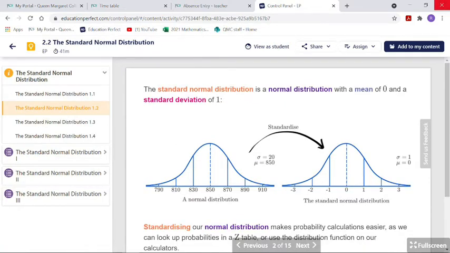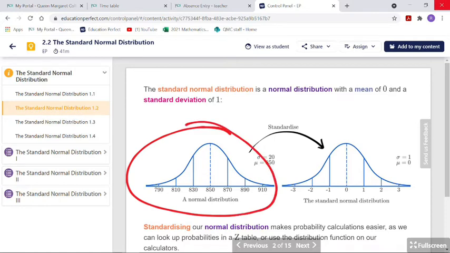Another piece of information that you must understand and grasp is that you're going to hear things called the standard normal distribution and just a normal distribution. Listen. A normal distribution is a distribution that has a mean and all of the standard deviations